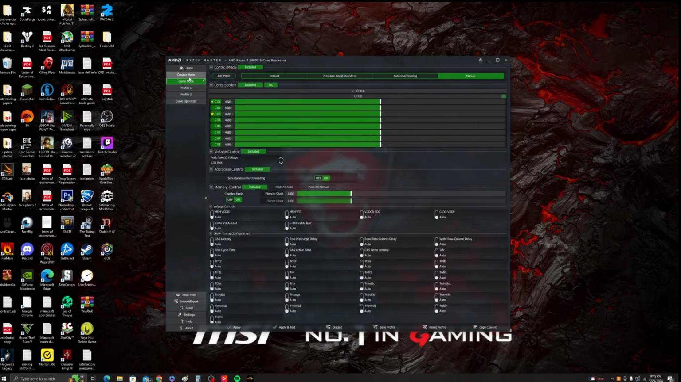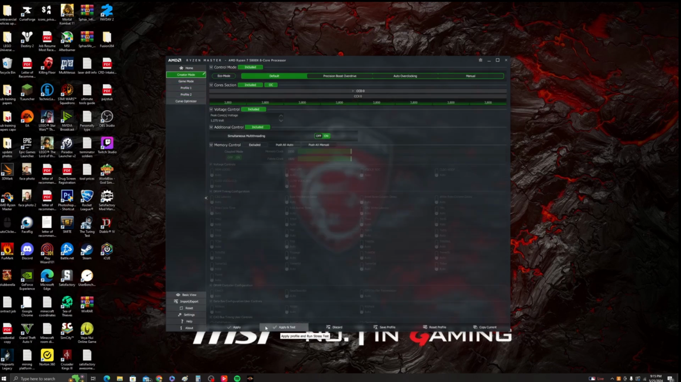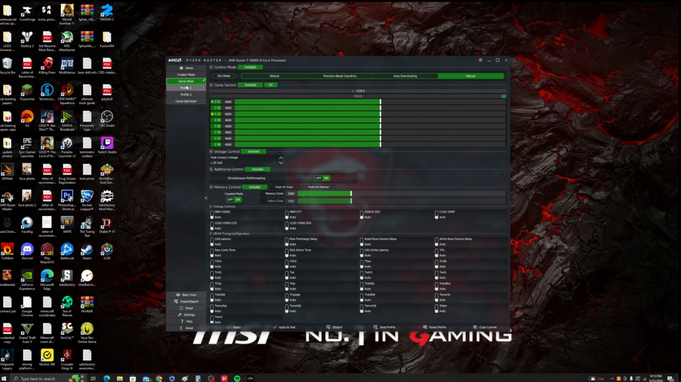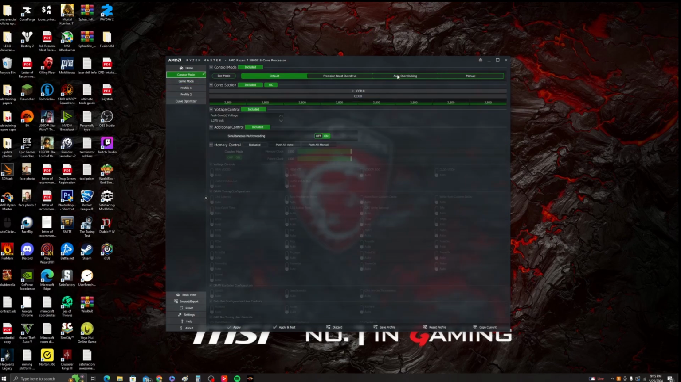You can save your own profiles up here by going down to the Save Profile tab. There's a few buttons down here: Reset Profile, Copy Current Profile, Save Profile, Discard, Apply and Test, and Apply. If you go on Creator Mode and you go to Manual, and then you go to